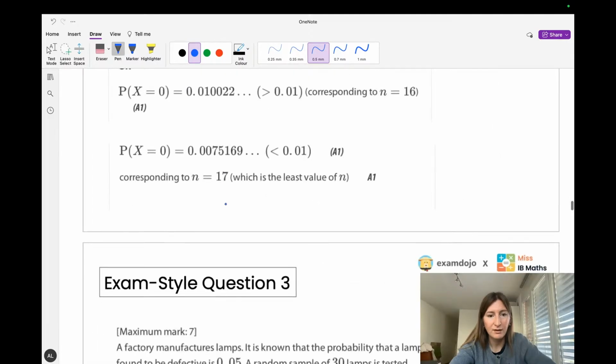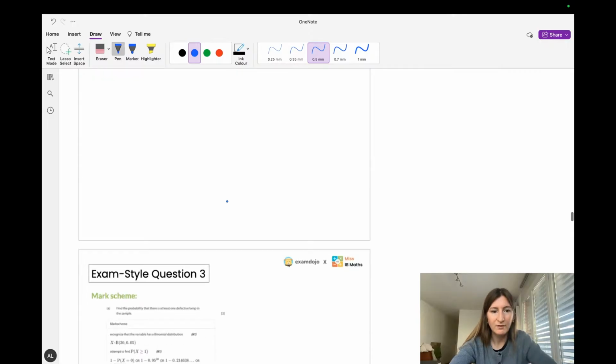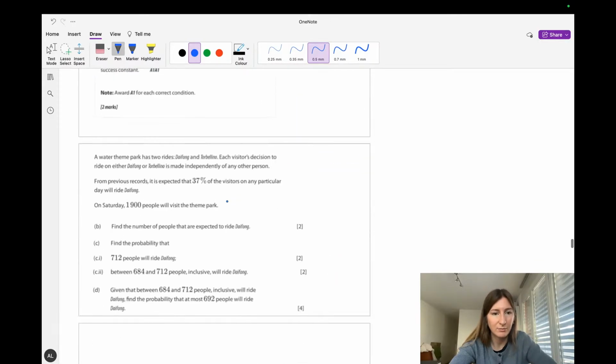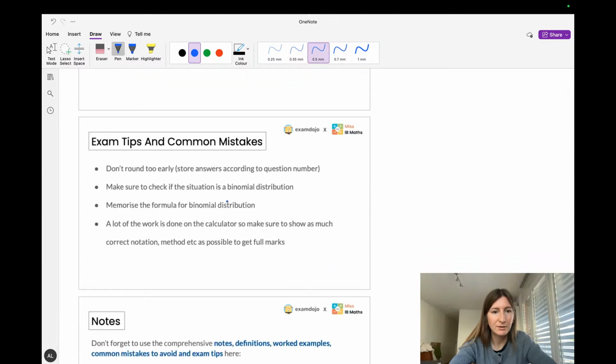And I think we don't have time for question 3, but that's okay. Hopefully you have a better understanding of how to approach these questions and binomial distribution. So that brings me to